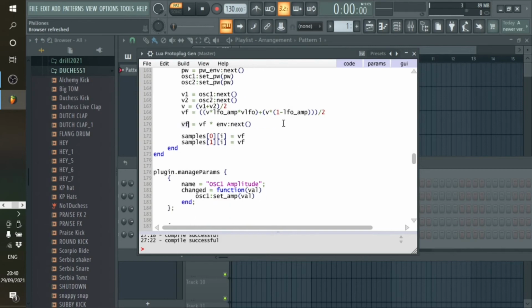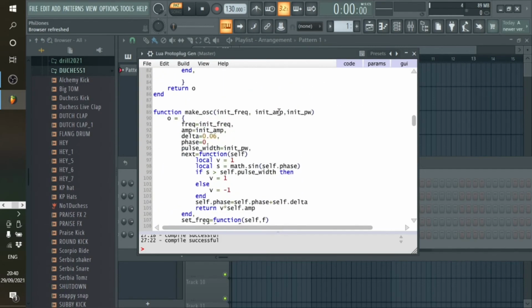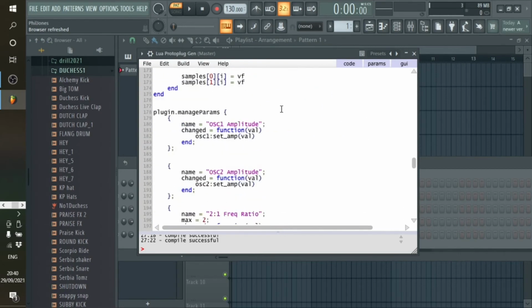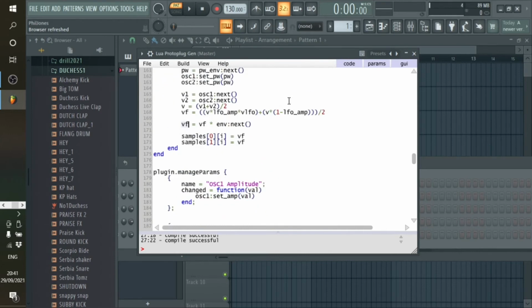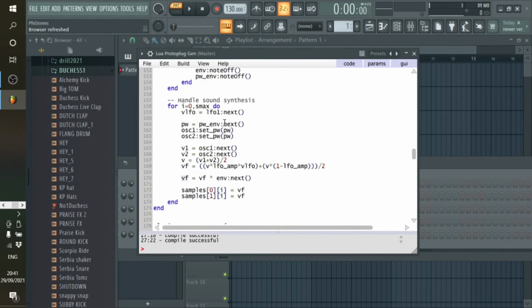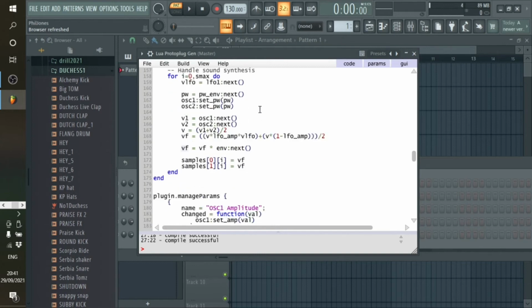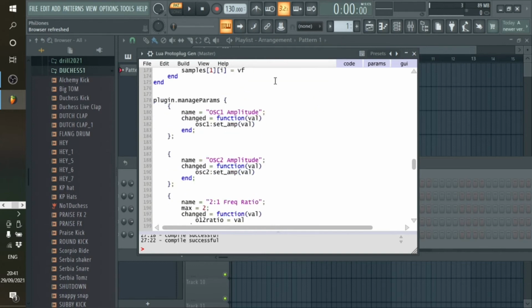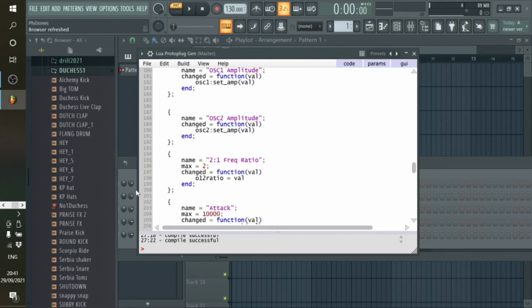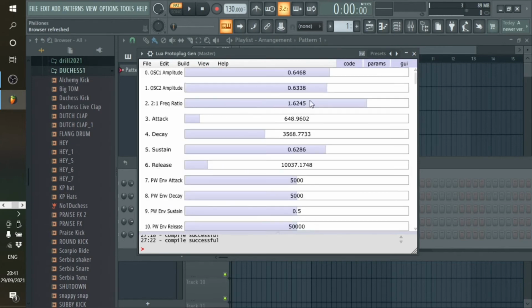And that's it. That's what we've done to add an envelope, two envelopes in fact, both an amplitude envelope and an envelope controlling the pulse width, to our synthesizer. Now, you can see we've changed the parameters a little bit. So, the oscillator 1 and oscillator 2 amplitude are the same. The frequency ratio between the two, if you remember this third one here that controls the frequency ratio between the first and the second oscillator,